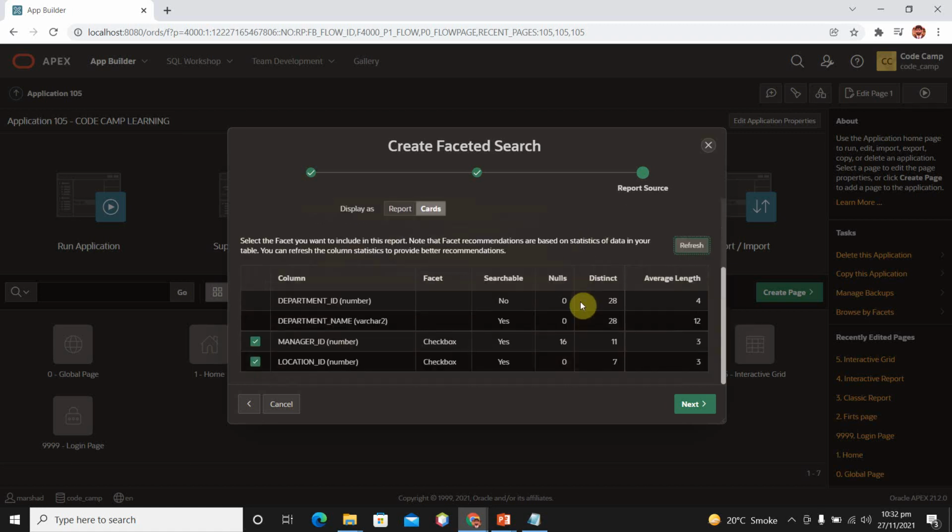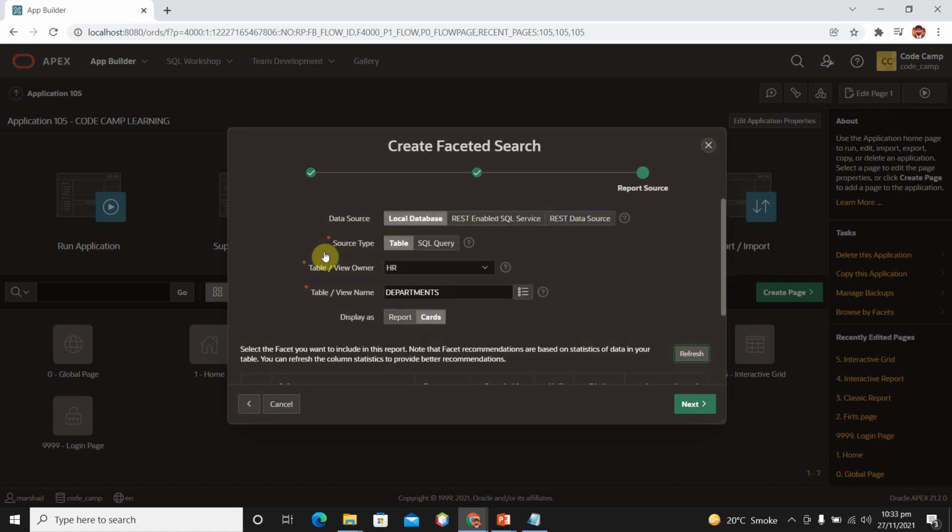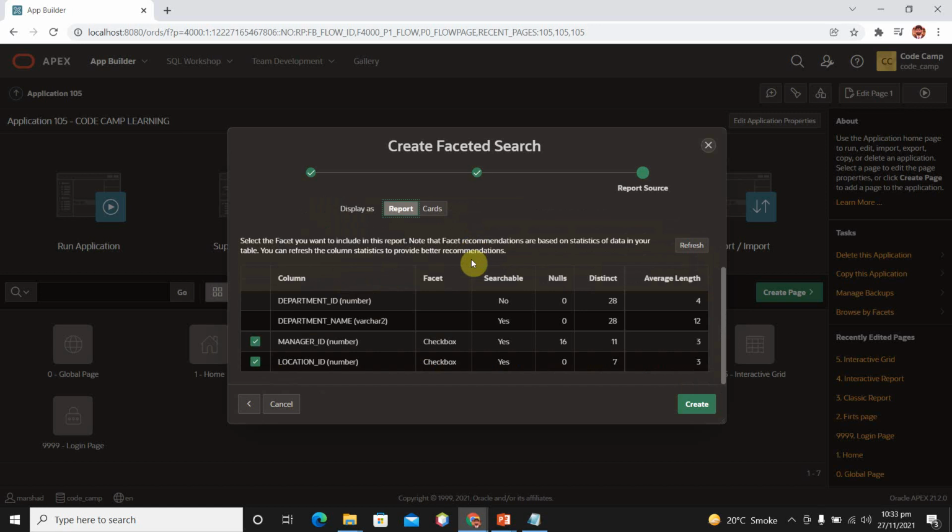Let it refresh. So it is not showing. Okay, go to display as a report and select manager ID, location ID. Okay, create.